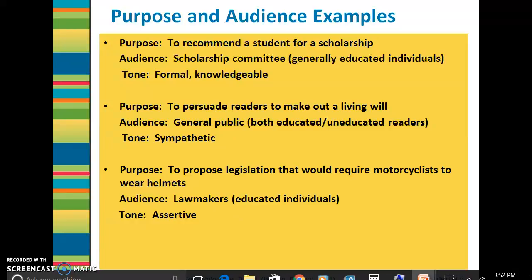You would also want to be knowledgeable about the topic. You would want to back that up with a lot of evidence and statistics and things like that. So you're going to be perhaps adopting an argumentative, and I don't mean fistfight argument, but you want to be very direct and assertive in that this is important and we really need to call folks to action. So those are just some examples of how purpose and audience would come into play.